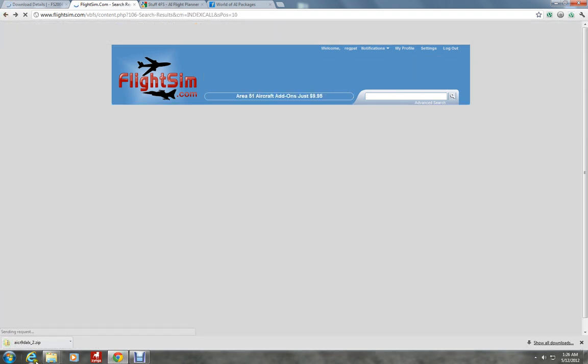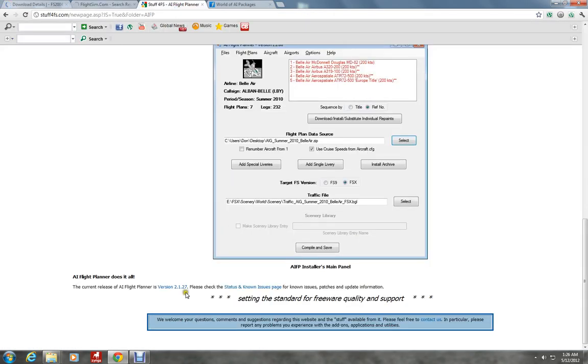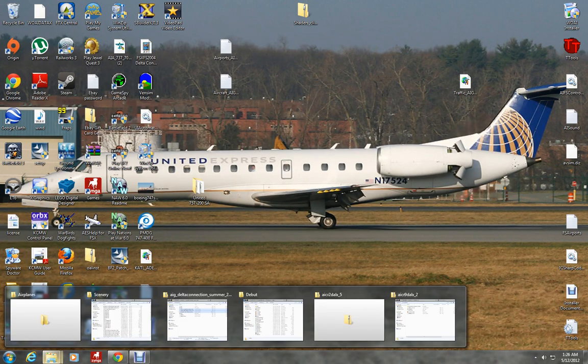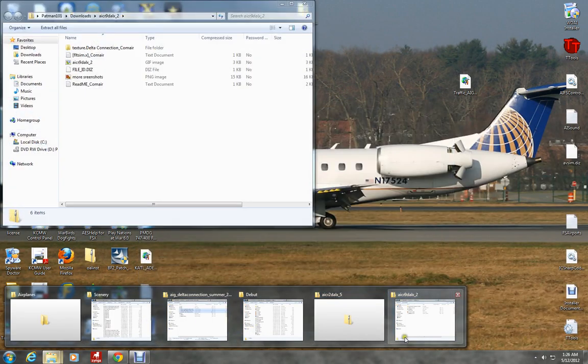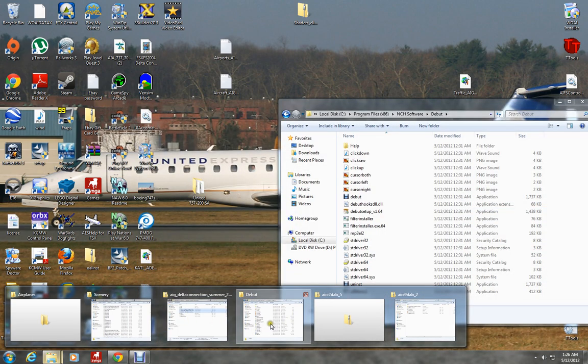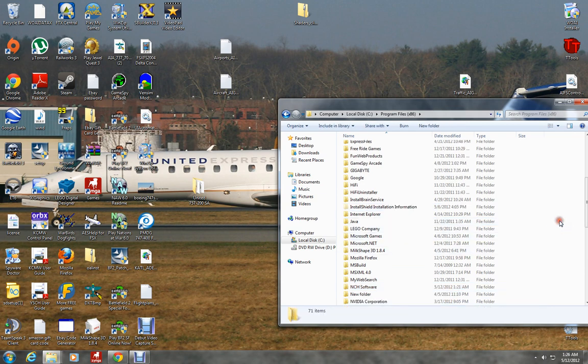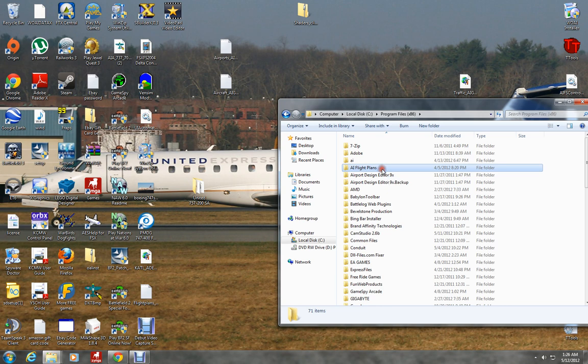So while that downloads, you need to download AI Flight Planner version 2127. Just click it right here and then it will download. Once you finish downloading that, go to your C program files or program files x86, doesn't matter, and create a new folder. Call it AI Flight Plans. This is going to be for version